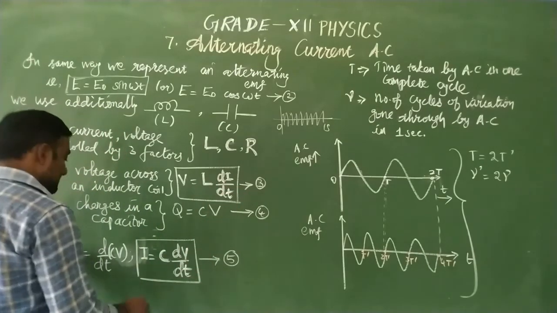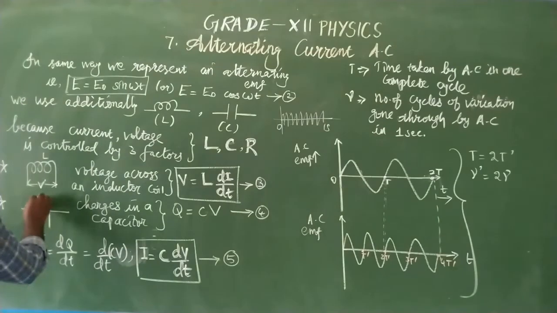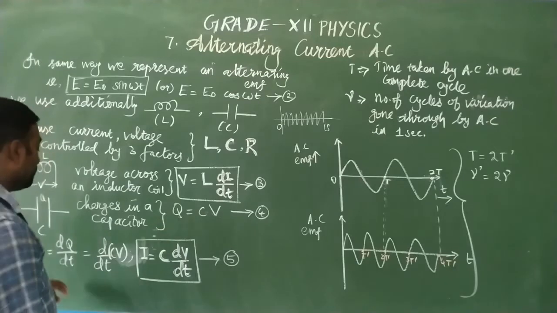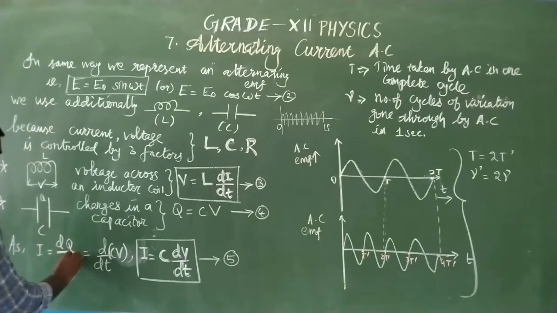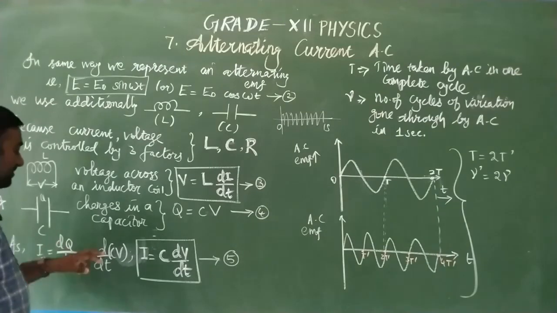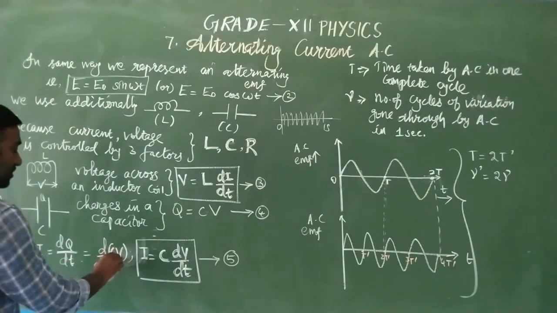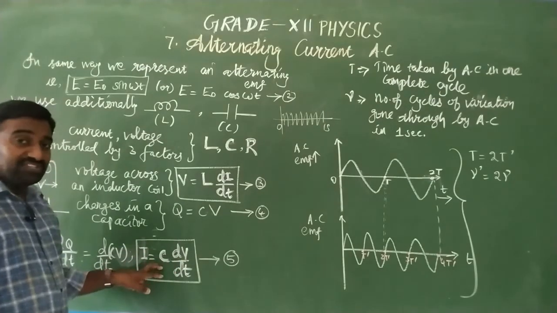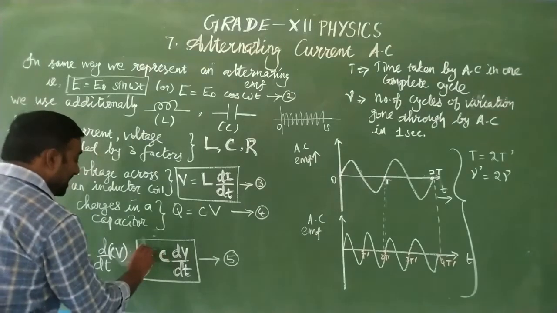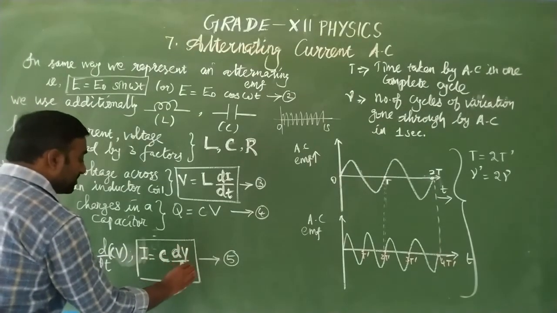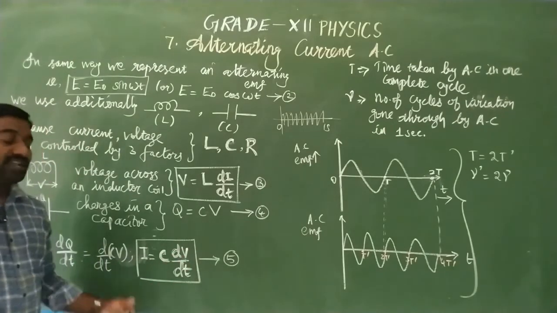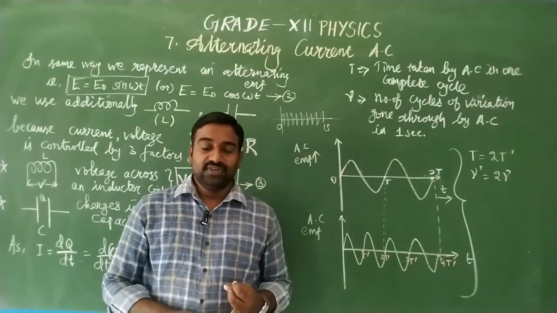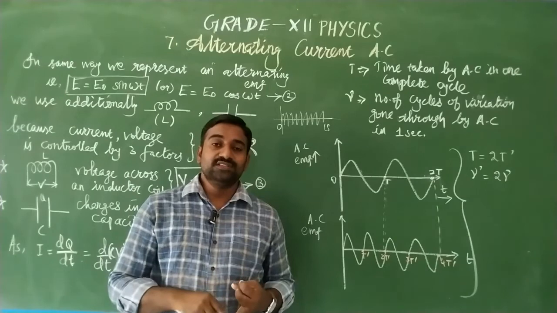Similarly, in a capacitor the charges are accumulated. So the charge stored in a capacitor is Q is equal to CV. We already know the current is defined as the rate of flow of charges. So d by dt of Q, that is CV. But the capacitance is a constant, so we cannot take its derivative. So C into dV by dt. This equation represents that the capacitance affects the current when there is a change in the voltage with respect to time. Okay. Next we are going to discuss the peak current and peak EMF, and then root mean square current and the root mean square EMF.